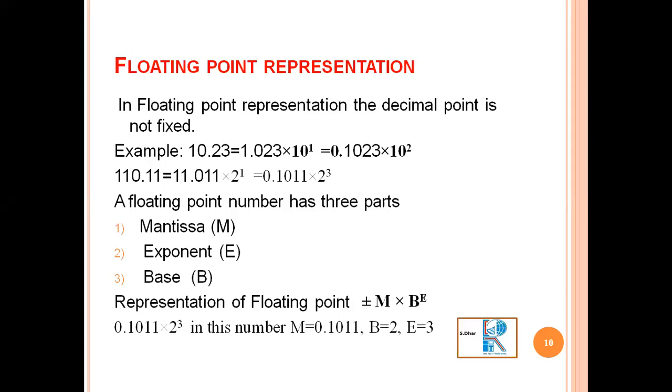That means 100, 3 digits, and 1, 4 digits. Using the 4 digits, you can represent 1 into 10 to the power 100. But if you represent it in the fixed point number, you have to give after 1 there are 100 zeros, if you want to represent in the fixed point. So the number of bits will be very large if I use a fixed point representation. Clear? So this is the advantage, very large,